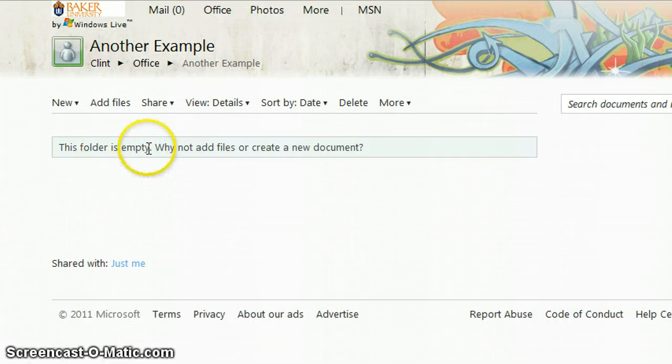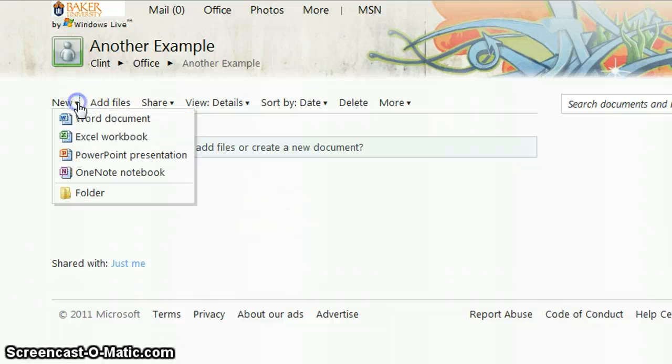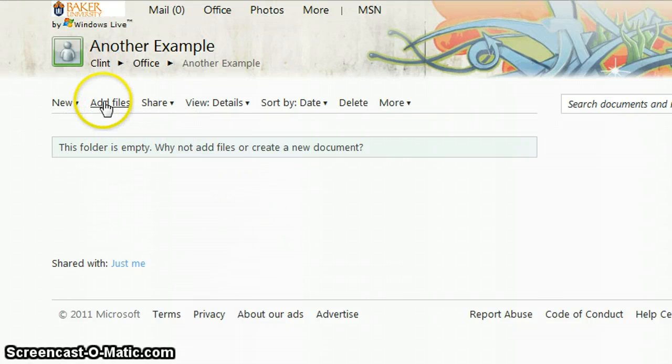So if I then click Next, it tells you right now this folder is empty. We're not adding files or creating new documents. So you now have the choice to either start anew, where if you drop down this menu here into New, you could begin new Word, Excel, PowerPoint, and I actually have a couple tutorials available on how to do Word and PowerPoint within the cloud computing format, so if you're interested, look at those. Or you can add a file. Okay, so if we click on Add Files,